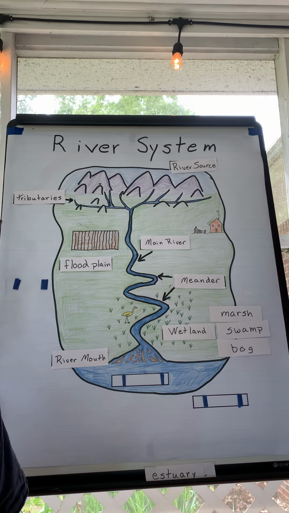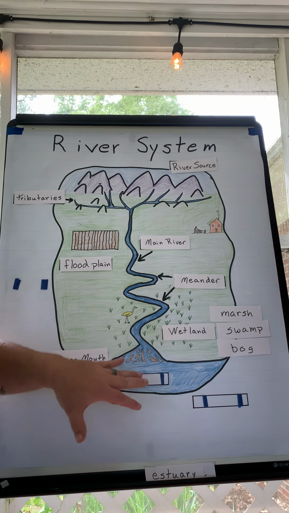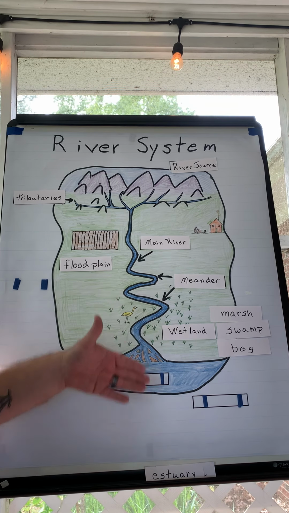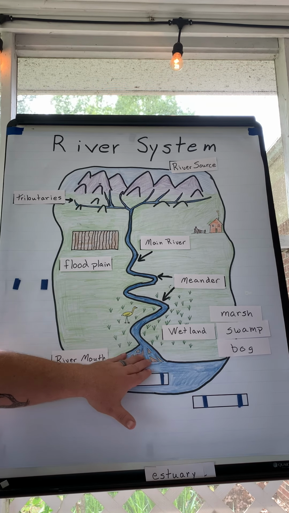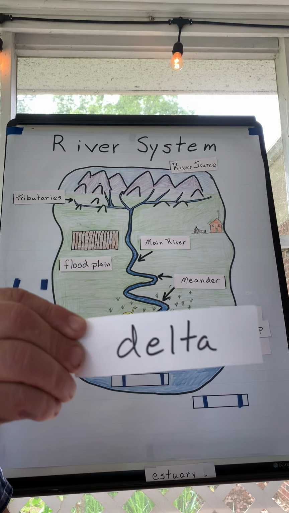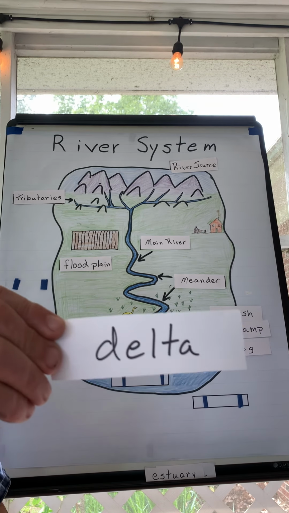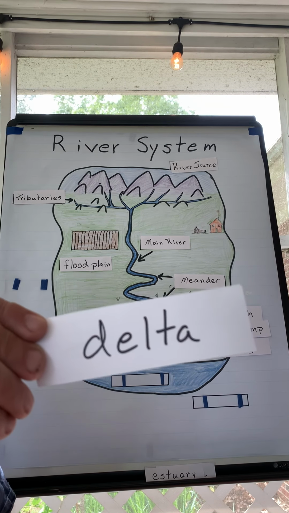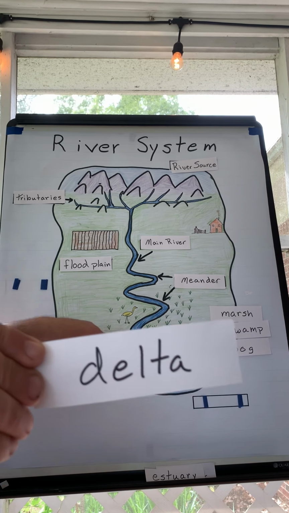Now, as it does make its way, some of the larger pieces of sediment are going to fall along the way, but the smaller stuff, the real fine silt, the real fine dirt, now the river is moving so slowly that it can no longer push it along. So it's all going to stop and rest right there at the river mouth in an area we call a delta. Now, deltas are very important. They're land that can be farmed if you're very careful about how you do it. It's a triangular shape, basically, like the Greek letter delta, which is one of the reasons why it has its name.